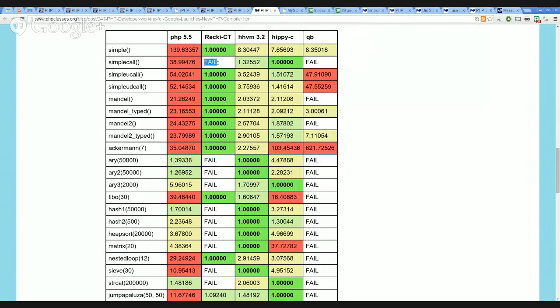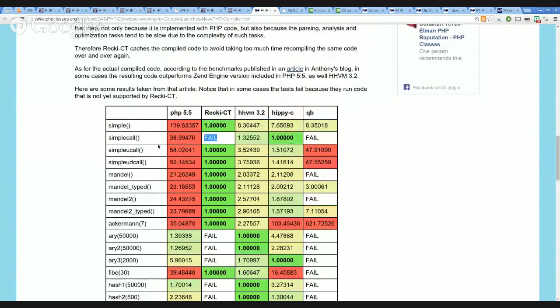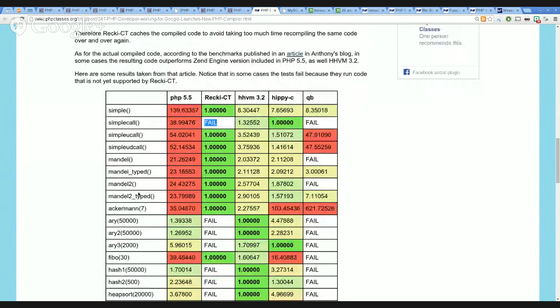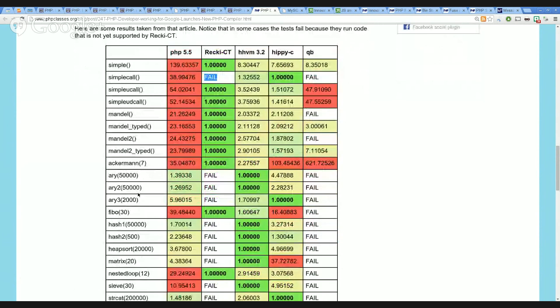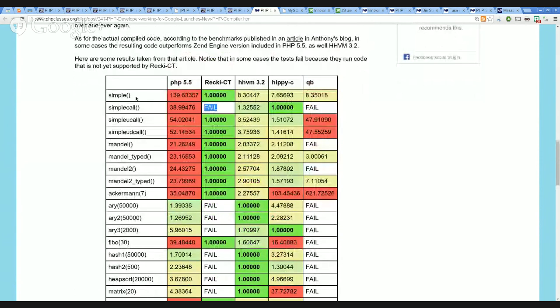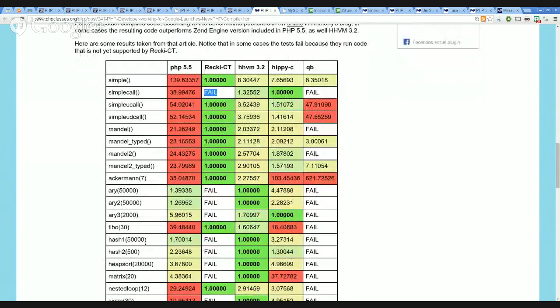First, these fail notices that appear here mean that the code could not be compiled, for some limitation of the current compiler, which is not yet ready to support some of the code that was called in these tests. These tests, I'm not sure, but I think are from a simple test suite that comes with PHP to evaluate performance. Anyway, several function calls were tested. And as you may see, the ones in green mean that the RecEct provided better results. The others that fail mean that